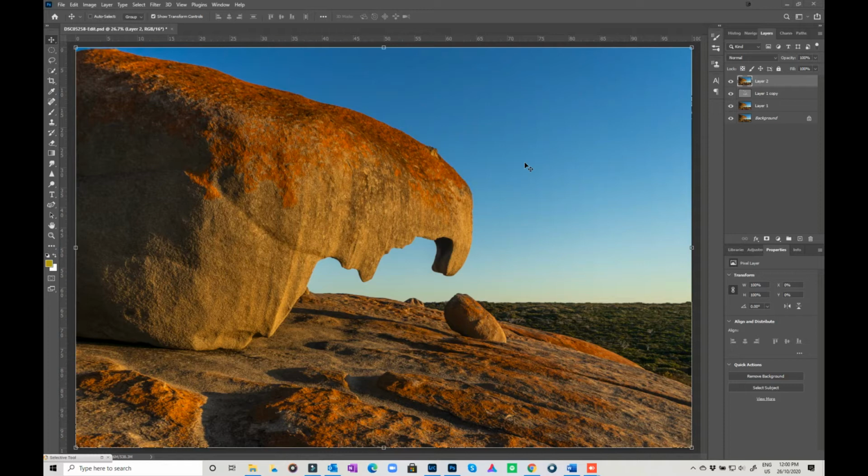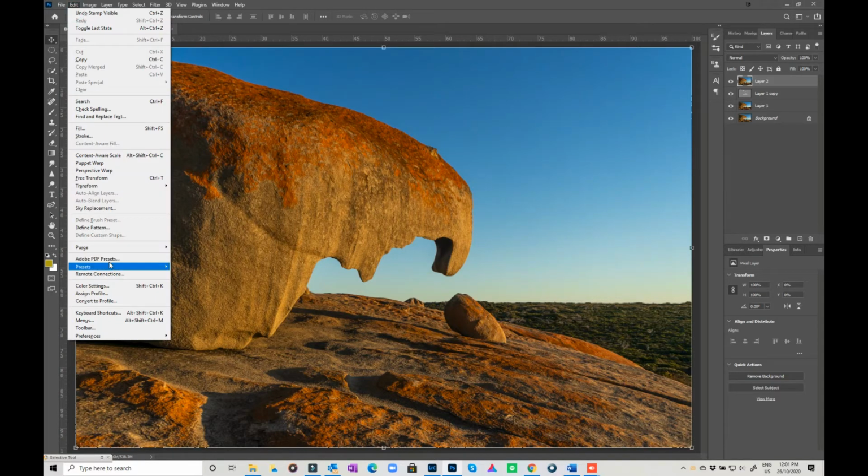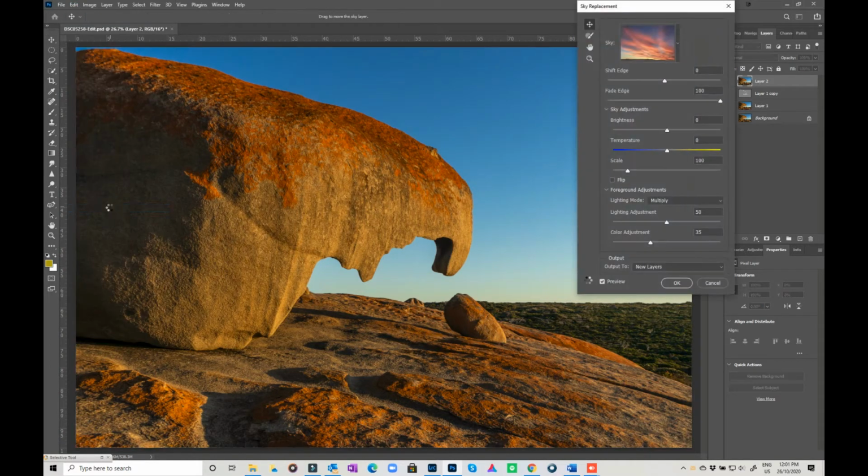So this is just a photo that I took at Kangaroo Island last year, and we just had sunrise, and this was a little bit later than that. But there was no sky, so it's kind of pretty boring, and it needed a little bit more oomph in the background. So what I have done, you just go to Edit, Sky Replacement, and you can select from various